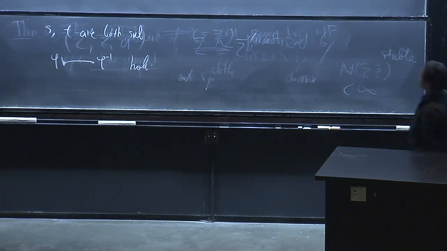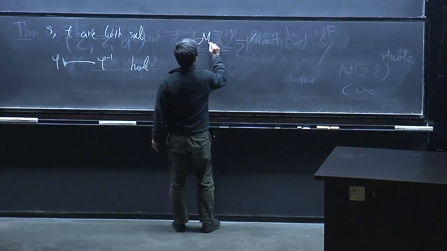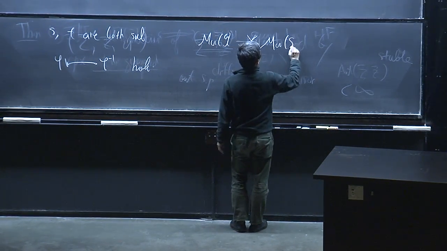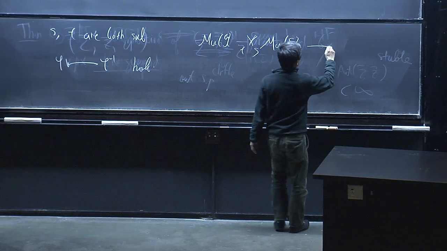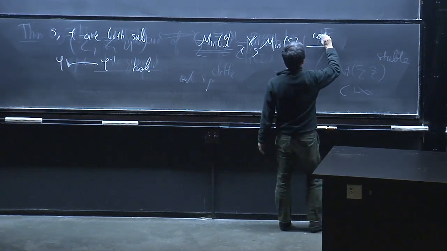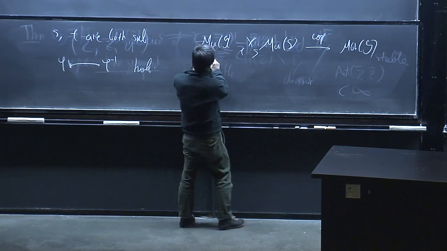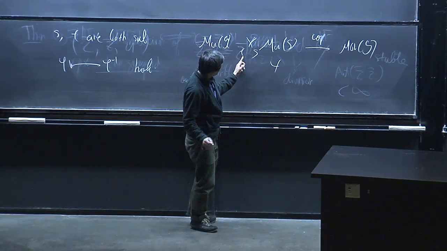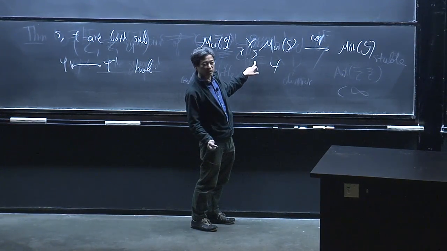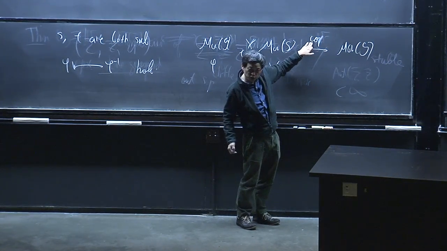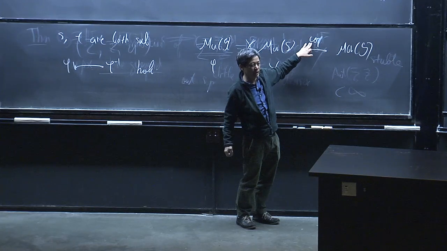For example, if you have this morphism of G and you take the fiber product of morphisms of G, with T and S, you can compose. So this is a composition of morphisms. This means that you have a phi and psi, and the target T of phi is equal to the source of psi, so you can naturally compose. And the assumption is that this composition is a holomorphic map.